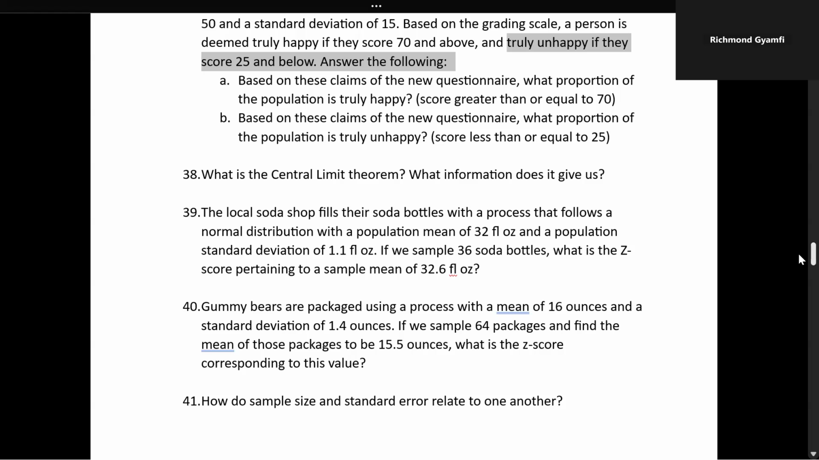Now in 39, we are looking at the central limit theorem. With the central limit theorem, you're finding the mean of the mean. So